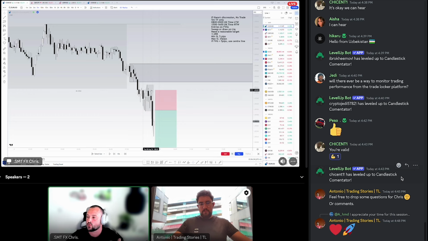So candle 1 is on the fair value gap. Obviously, this is the fair value gap. I'm sure most of you have probably heard of a fair value gap. If you haven't, let me know, and I can run through what a fair value gap is. It requires a minimum of 3 candles. This second candle provides the gap, and the third candle makes sure that gap stays open. So when that happens, if it's greater than 5, we're going to use the center line. The order would have been placed there, and then we can advance price forwards.